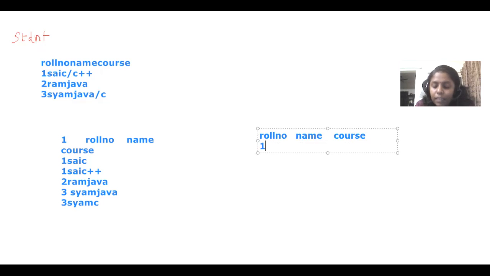How can we make it? We can divide, or we can multiply, or we can add different rows in the same table. We don't want to make it a new table. From the same table we can make new rows. That is another way. How? Here we can make it course 1 and we can add one more